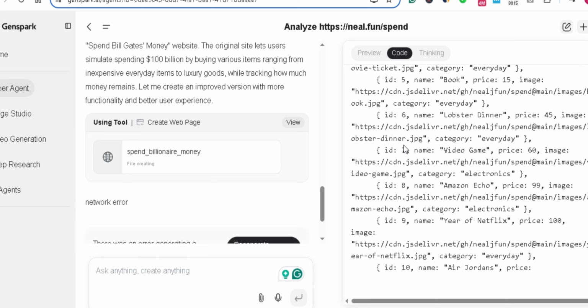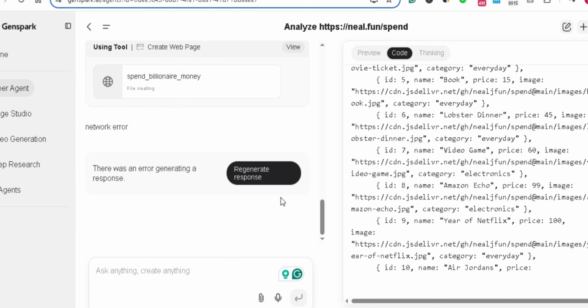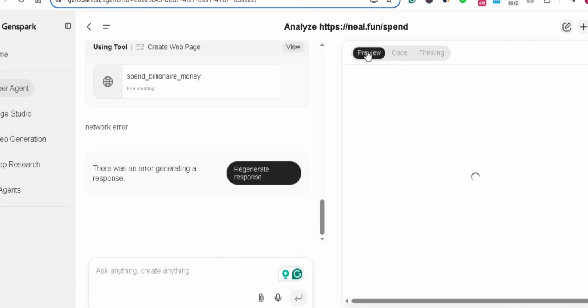So it seems like it is completed, and if I now click the preview button, it should give me the preview, but at the moment the file is being created. Here you can see that. So if I click the preview button, it's creating the preview, and it will take some time. To wait for this, we have another option as well. We can copy the code from here, and we can deploy it on any website or any compiler.